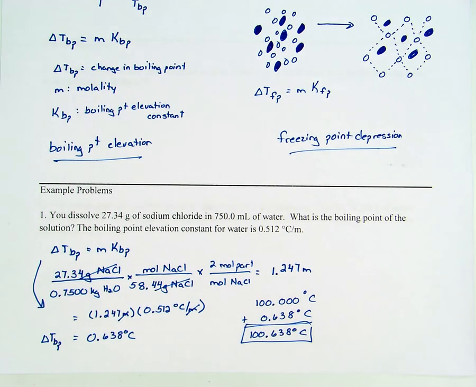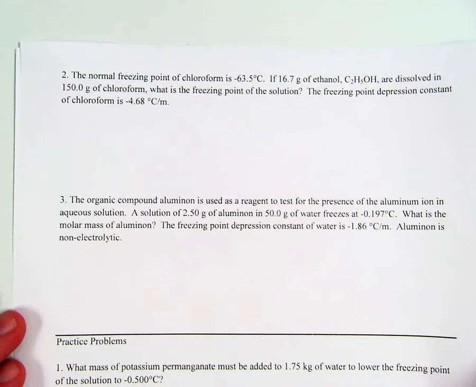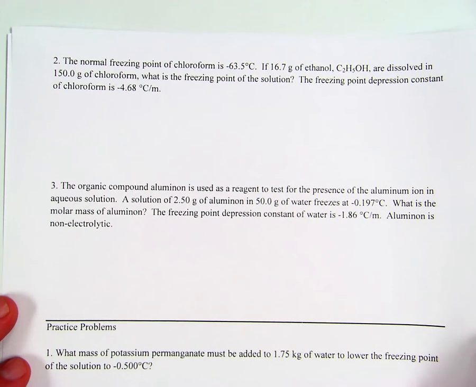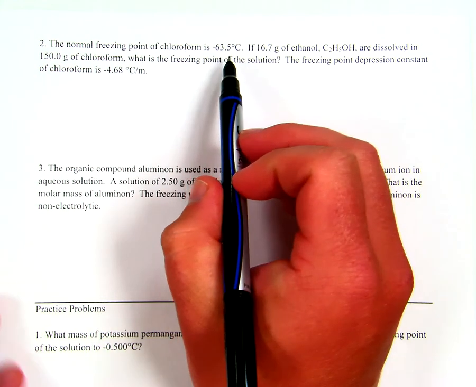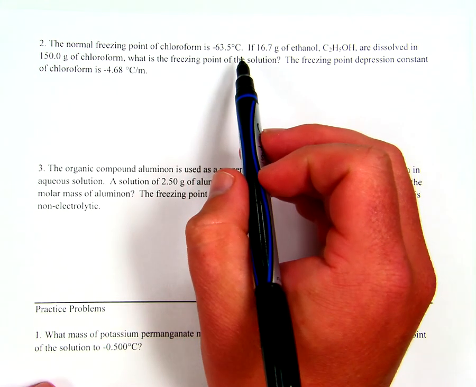All right, the next example deals with freezing point depression. Recall it's the same math, though, the same equation. We're told that the normal freezing point of chloroform is negative 63.5 degrees Celsius. If 16.7 grams of ethanol, there's a formula, are dissolved in 150